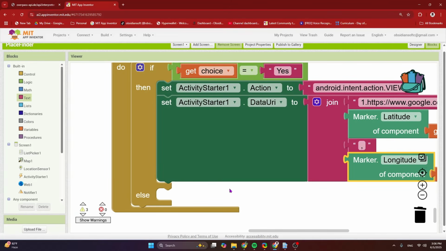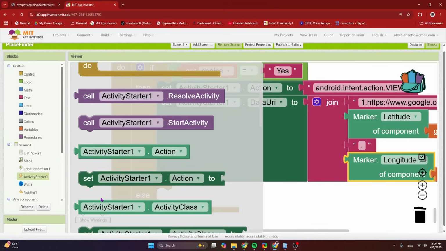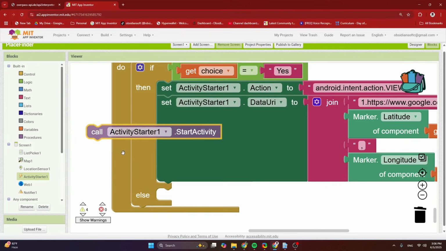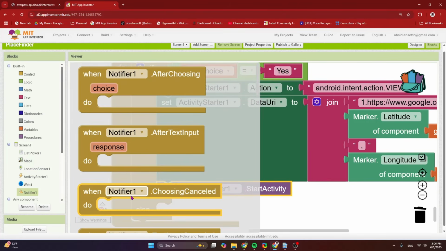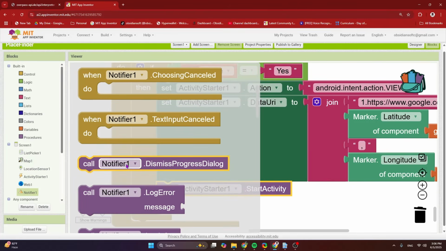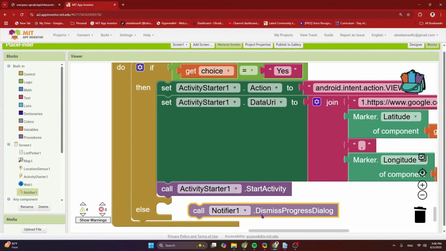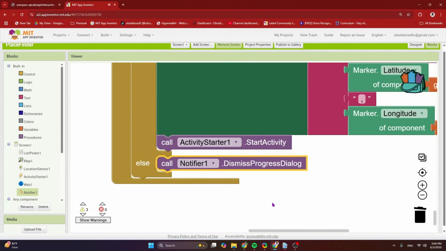And then I am going to call activity starter start activity. And in the case that the user chooses no, then else will be triggered. And here I'm just going to call notifier dismiss progress dialog. So this will just close the dialog.